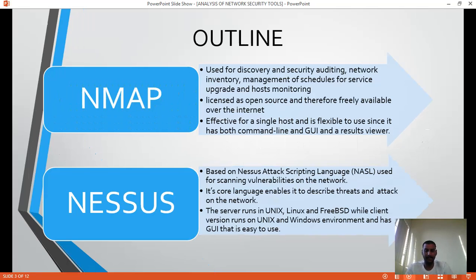for analysis. Nmap is used for discovery and security auditing, network inventory, management of schedules for service upgrade, and host monitoring. It is licensed as open source and therefore freely available over the internet. It is effective for a single host and is flexible to use since it has both command line and GUI